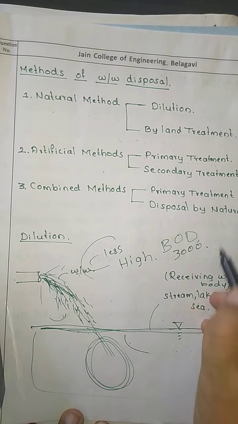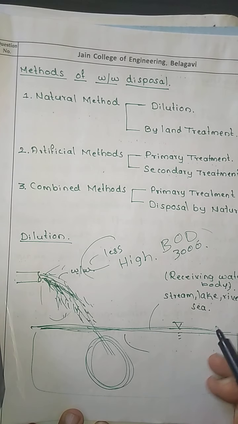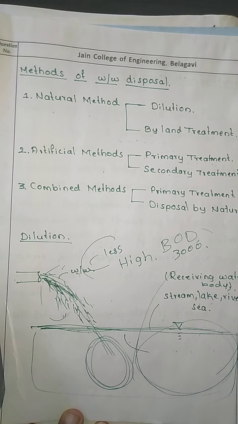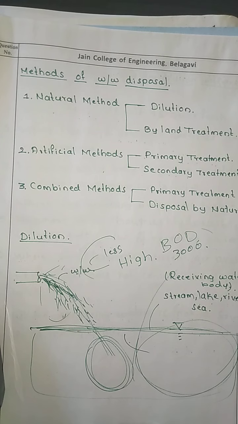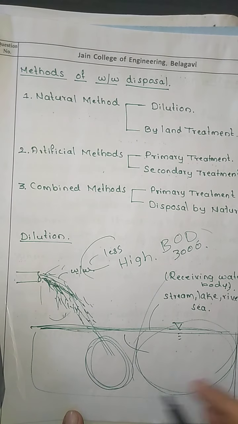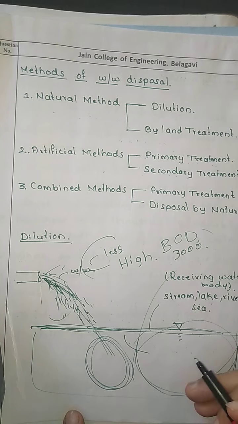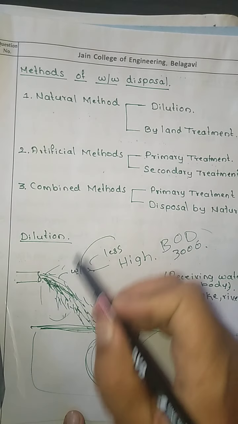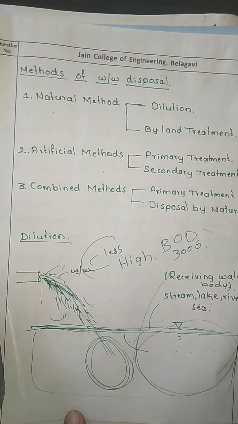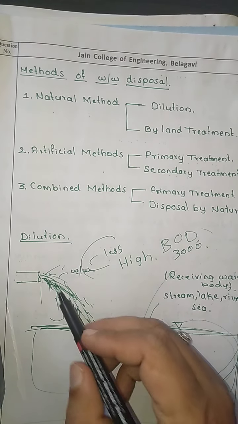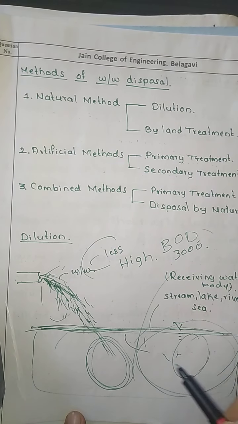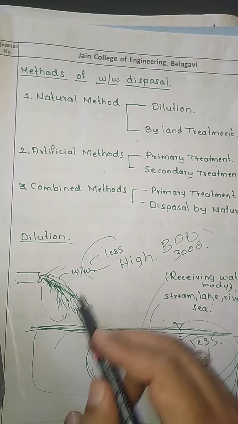When you are going to discharge it to the receiving body, you have fresh water which is not that much polluted, or which has only slight pollution. It is either clear or might have some amount of impurities. When you discharge such a high concentration of wastewater into the receiving water body, which is less polluted, mixing of both the less polluted water and the more polluted water will happen.